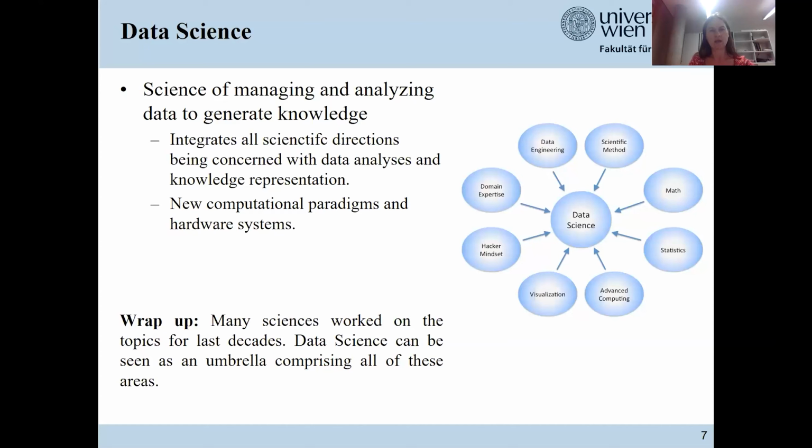Data science is kind of an umbrella for all these different buzzwords, and it integrates all techniques and all scientific directions that are concerned with data analysis. It also contains new computational paradigms and hardware systems.